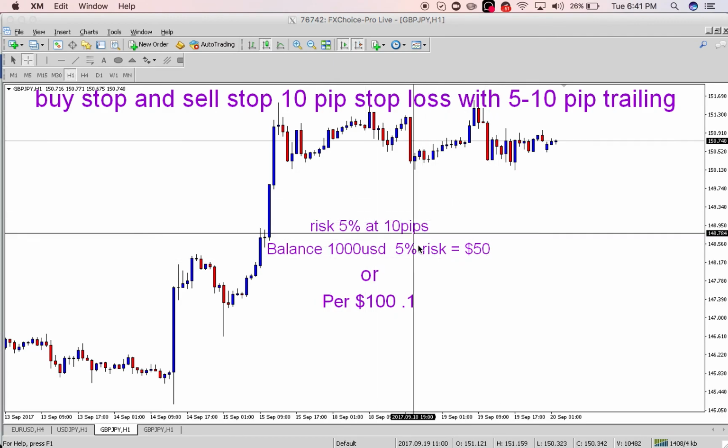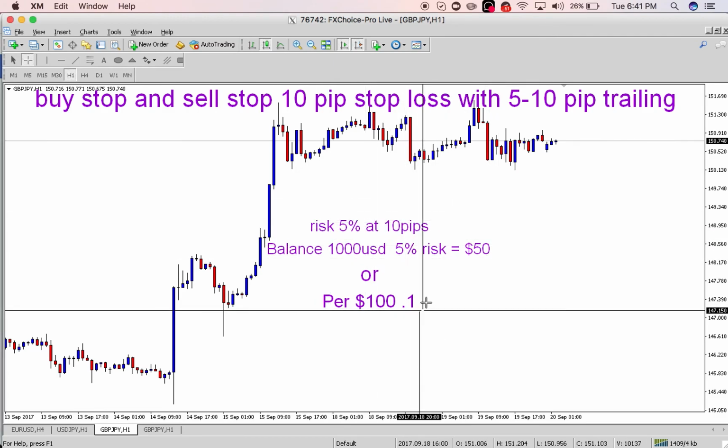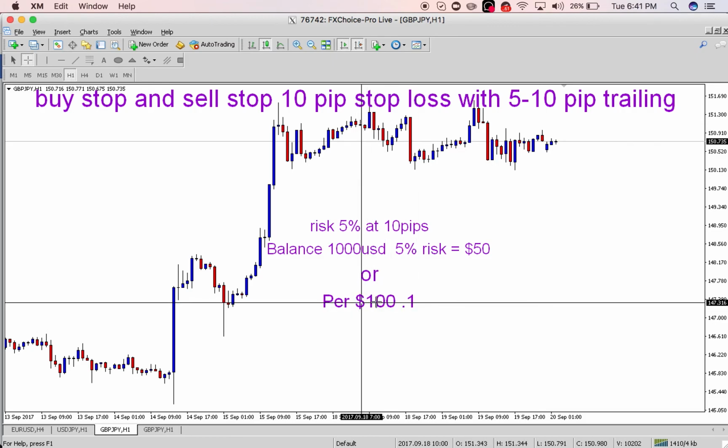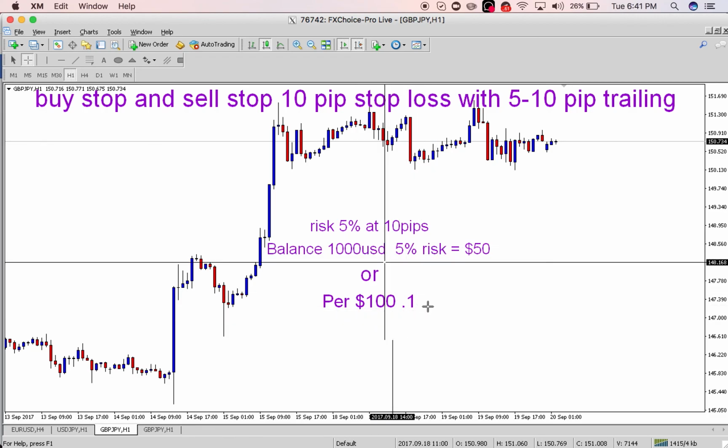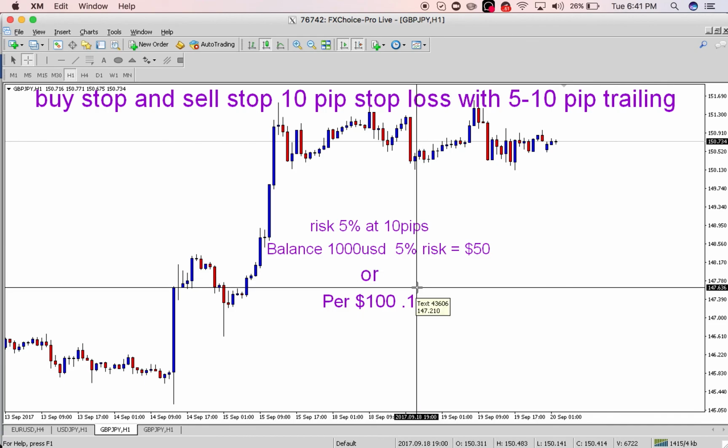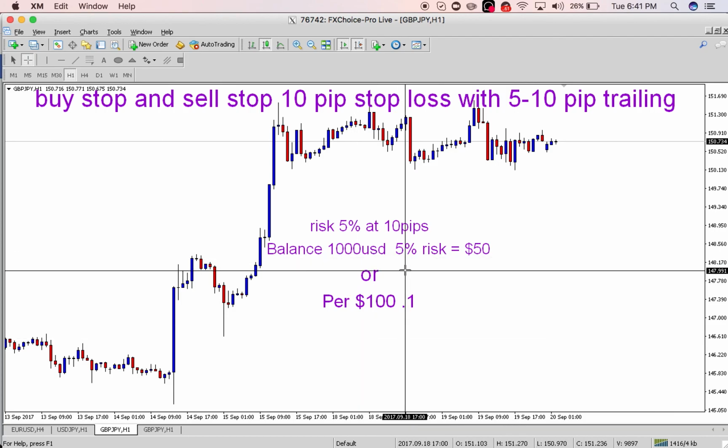You can definitely go by percentages, or you can just go by lot sizes. If you go 0.1 per $100 in your account, and we have a $1,000 account, you're trading one standard lot. So again, at a 10 pip stop, you'd be risking $100, but you have the potential of making $1,000 if it hits your take profit of 100 pips, whatever it might be. As long as you're using the trailing stop, whatever profit you get, it'll be good. But follow these risk rules, and